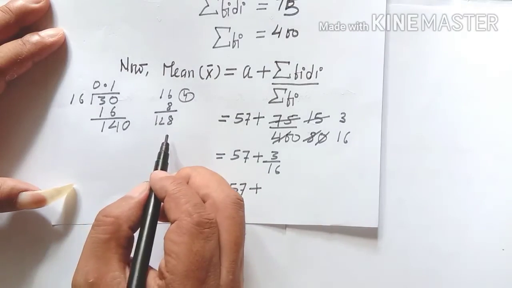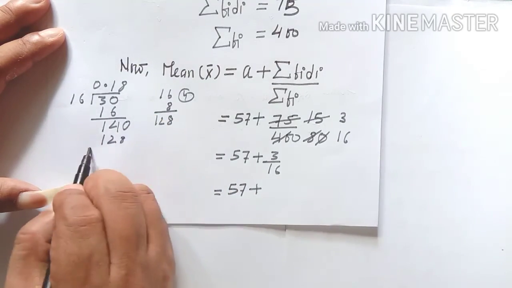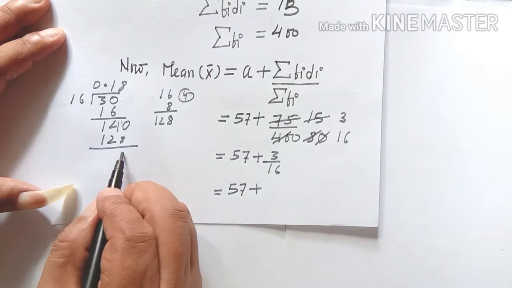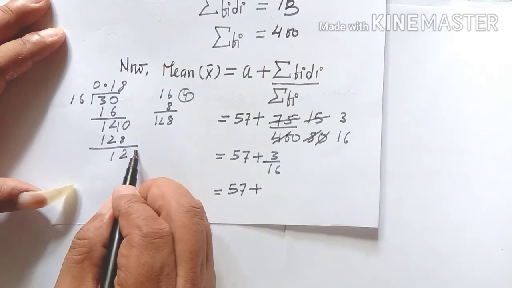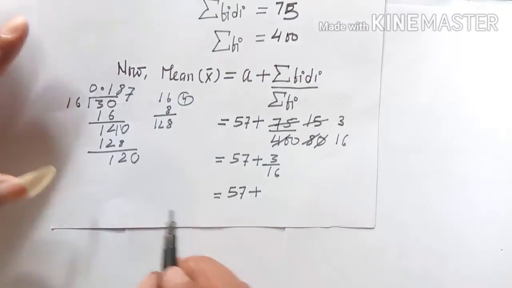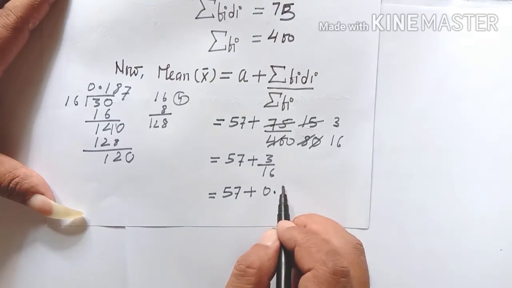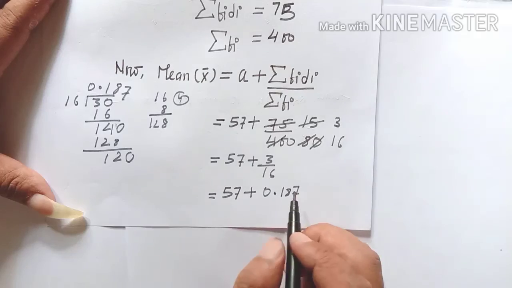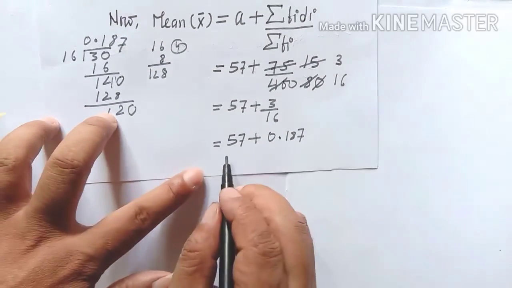That means I can take here 8 times, which is 128, minus 10 minus this will be 2, 3 minus this will be 1, decimal is here, we can take 0. Now I can take here only 7 times. That is how here the value we have 0.187. Now 57 plus 0, which is equal to